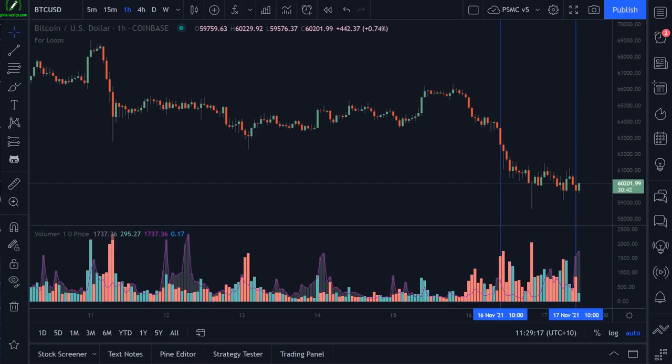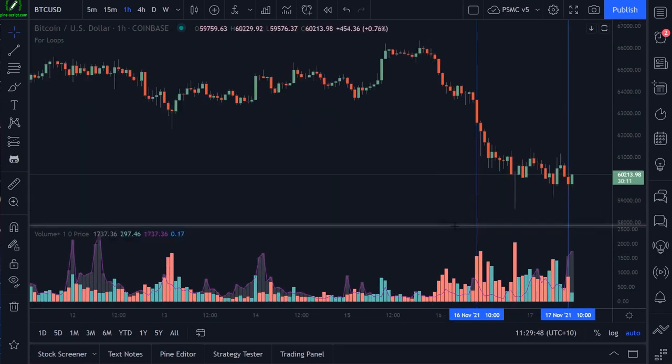So this is where the course starts to get a little bit more advanced, a little bit more complex, as we start experimenting with the more advanced features of PineScript. And hopefully you've watched the previous lessons leading up to this lesson, because this is where we start building on all of the information that we've covered so far. So I'll get to explaining what a for loop is in a moment, but just to begin this lesson, I